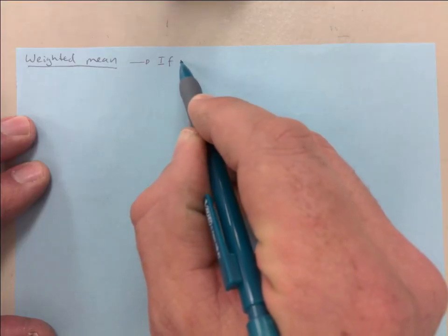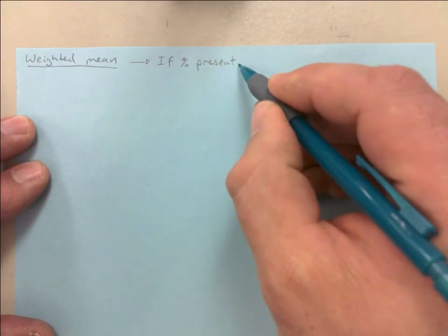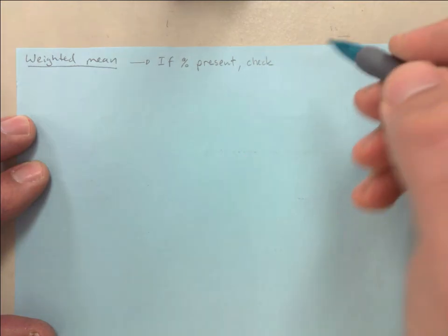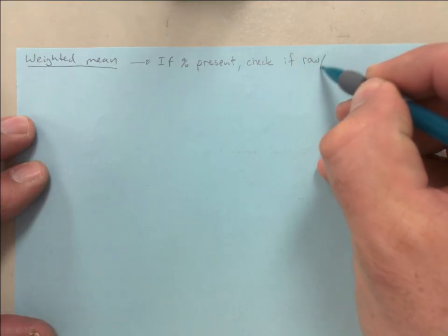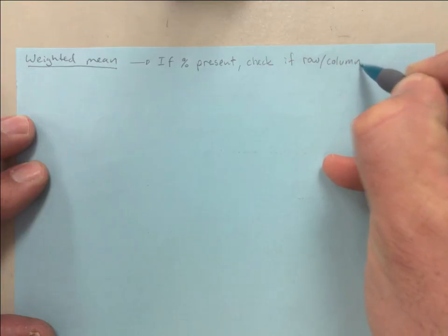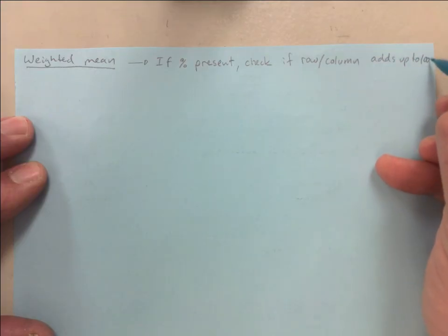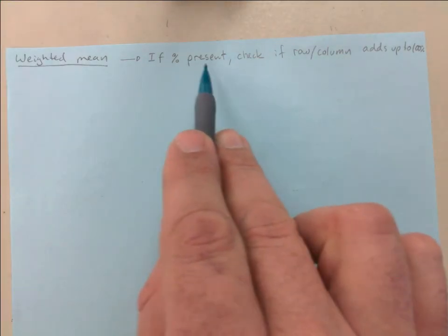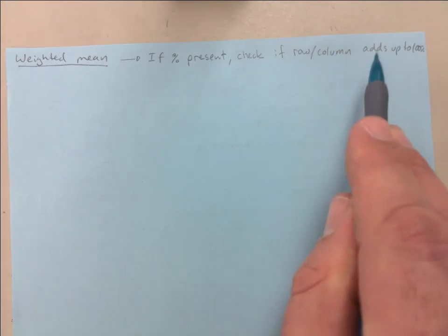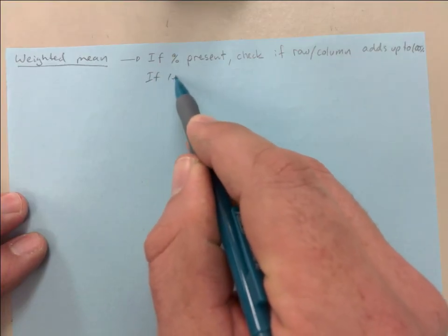If percentages are present, check if the row or column adds up to 100%. Sorry, I know it's small. Okay. If percentage is present, check if row/column adds up to 100. If 100%,